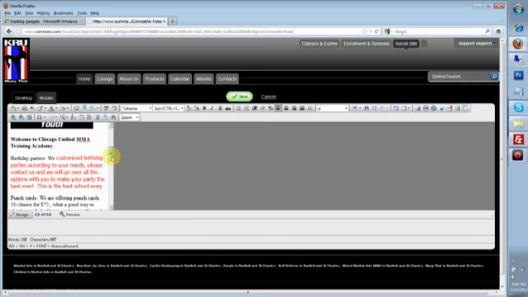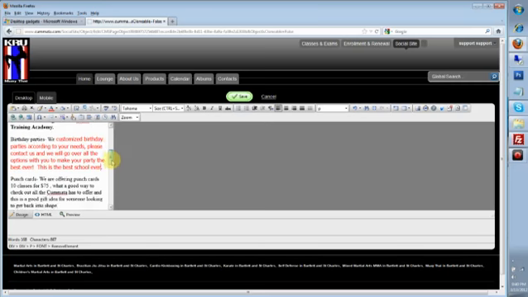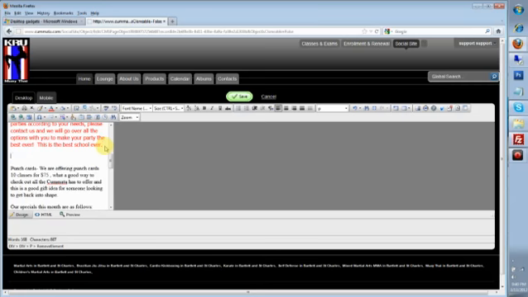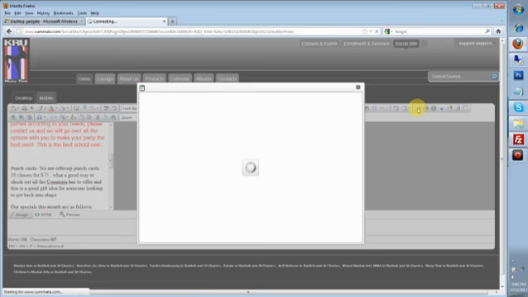Adding images into the mobile page is a little bit tricky because images have to be under 300 pixels, meaning it cannot be any wider than the actual mobile page width, which is roughly about 300 pixels wide. So if you are going to bring an image in, for instance, same way as on the desktop, put the cursor where you want the image, go to your image manager, click on the button,